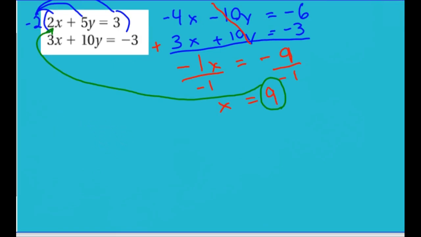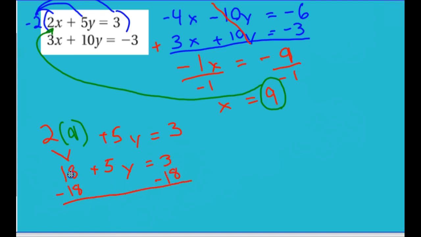So we have 2 times 9 plus 5y equals 3. 2 times 9 is 18 plus 5y equals 3. Now we're going to subtract 18